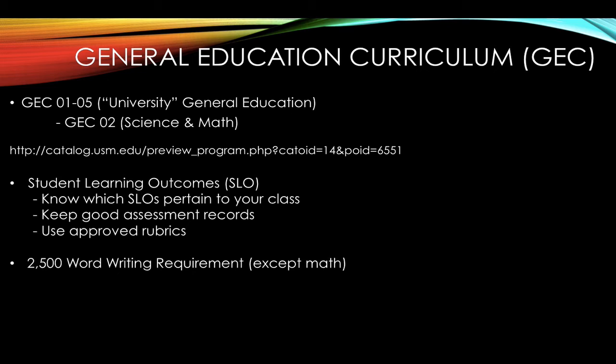Make sure you keep good assessment records. Make sure that they're archived quite well in your gradebook. And make sure you use any approved rubrics. For several GEC courses, the departments will actually have a rubric that is used in the assessment of particular student assignments or student activities. Make sure that you're using the appropriate instrument or the appropriate rubric that has been approved by your department. So again, make sure you go and talk to your department chair or whoever they've designated that you need to speak with about what you're doing in that GEC course.